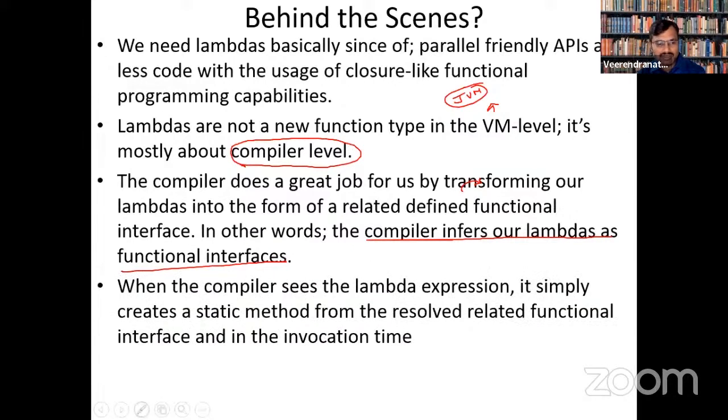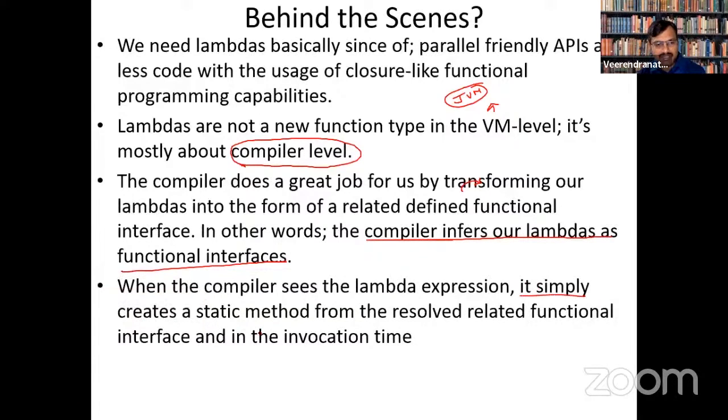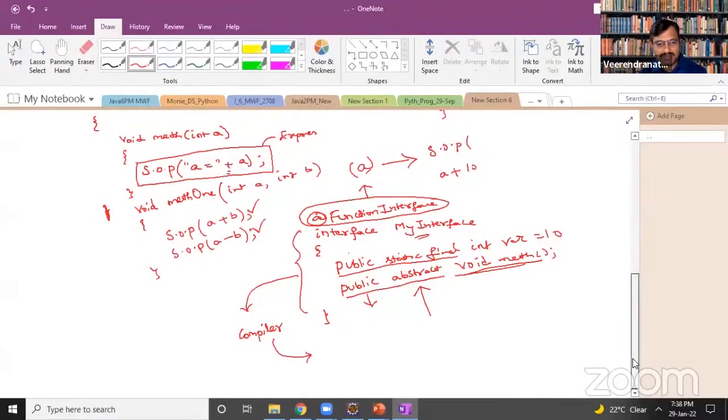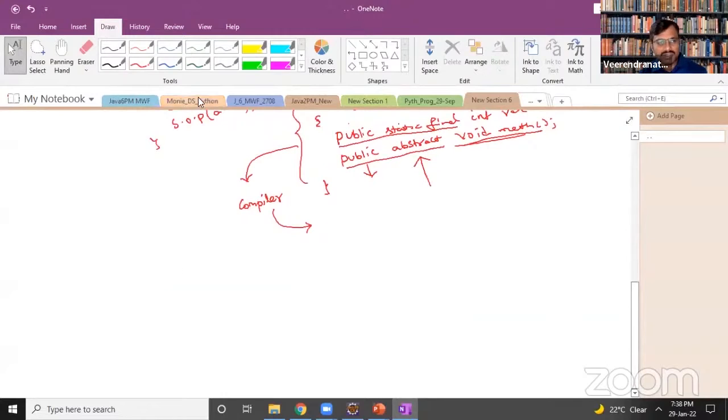Whenever the compiler sees a lambda, it simply creates a static method. If you can, go back and understand what a static method is. When a method is declared static, for example, I have a method to be declared.